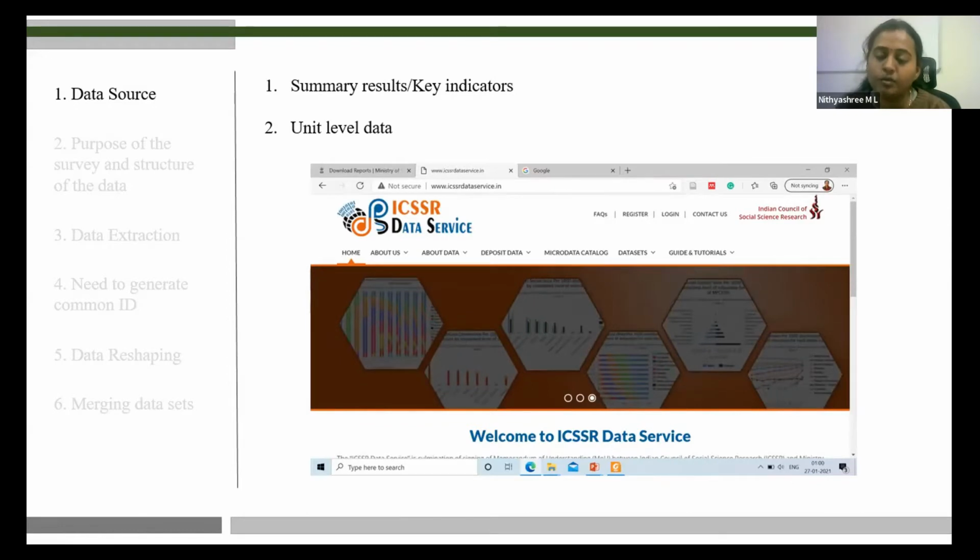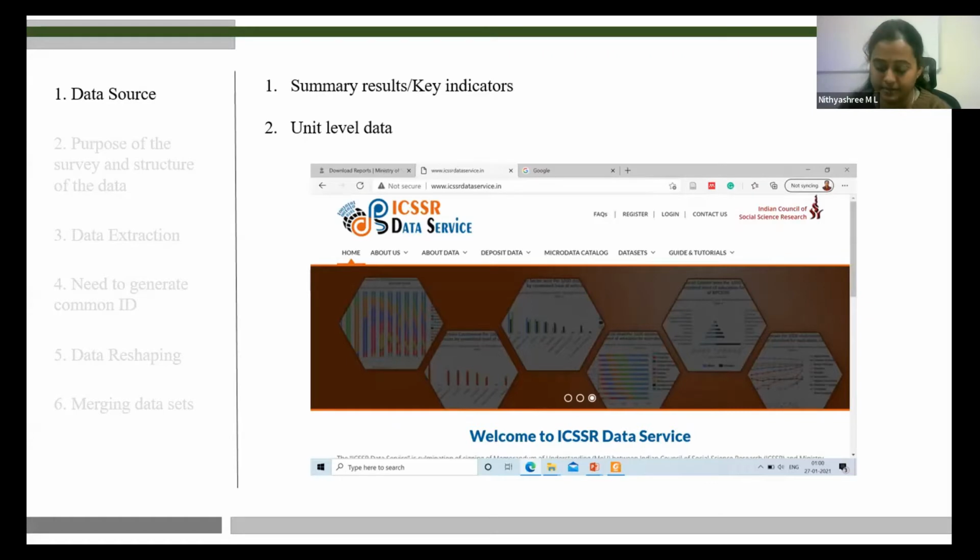Not only one round, n number of rounds are there. All the previous rounds will be available. The fresh rounds will take a little bit of time, but otherwise every data you can access on this website also. I would also like to highlight one option, that is guide and tutorial. Here you will get all the detailed instructions, even for different software like R, SPSS, Stata, on how you have to handle this kind of database. Just go through the tutorials here, explore this, you will get more and more idea of dealing with